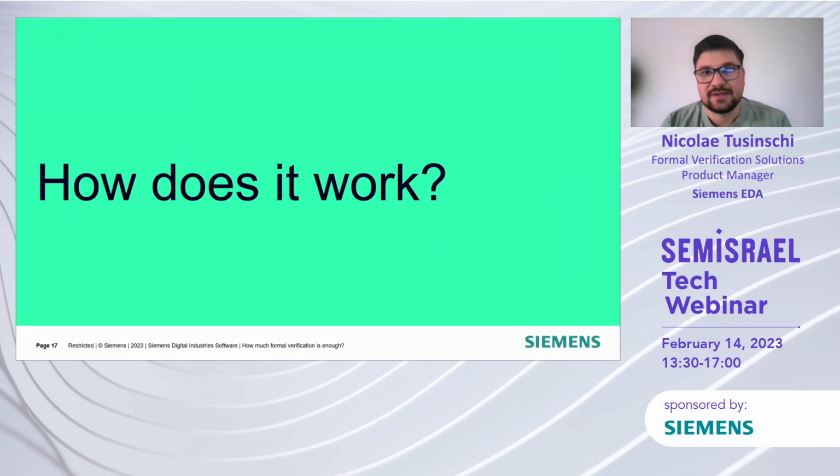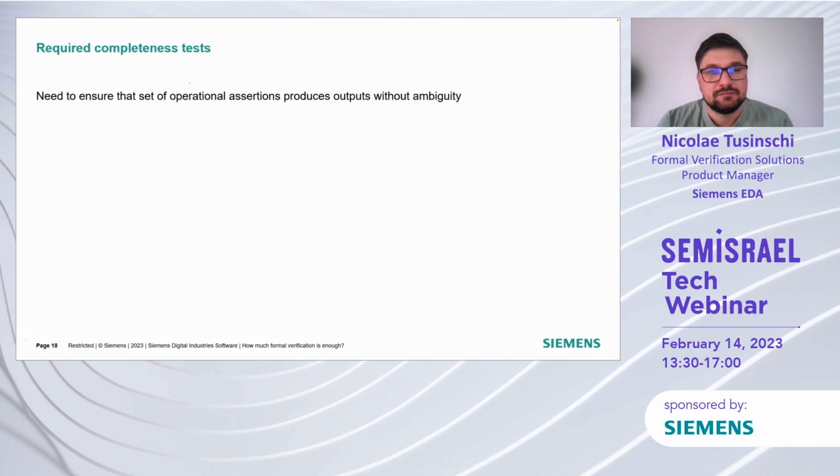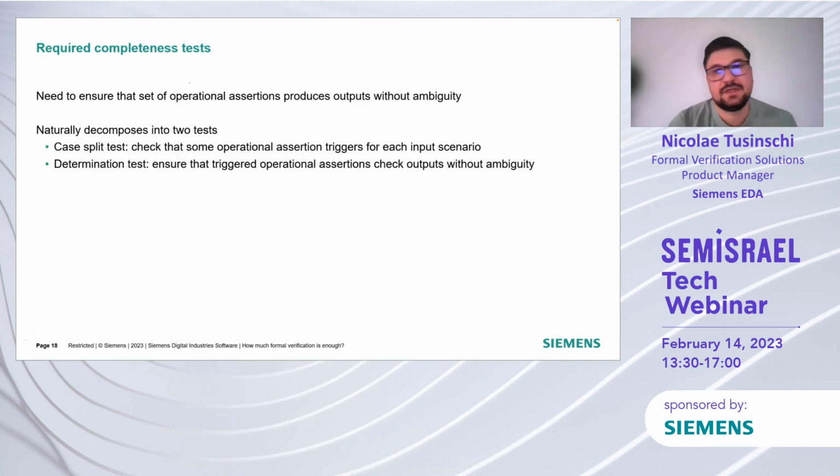So let's look at how it works. In general, there are some tests that are required to verify for completeness. First, we need to ensure that the set of operational assertions produce outputs without ambiguity. So naturally, this decomposes into two sets of tests. One is called the case split test that checks